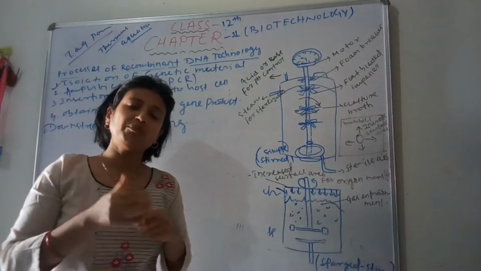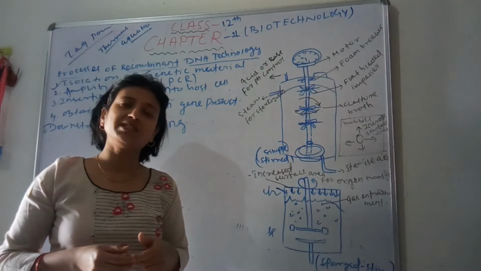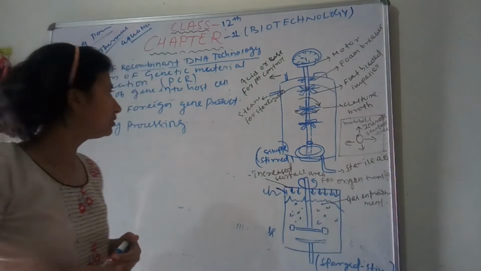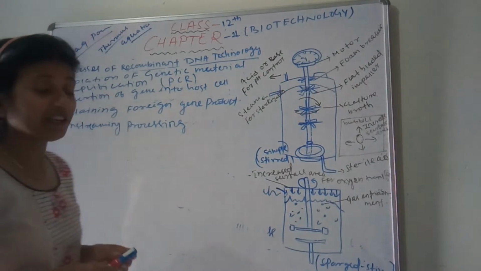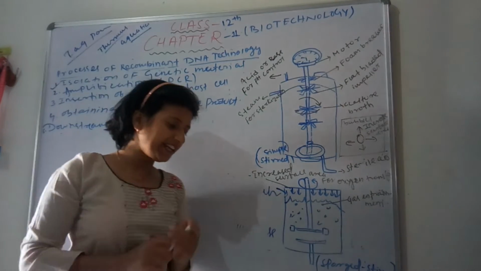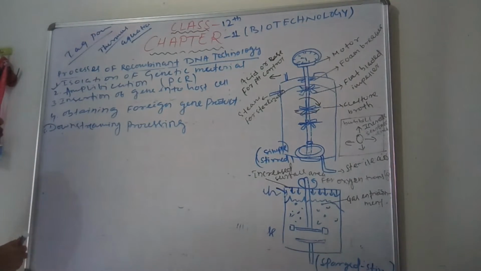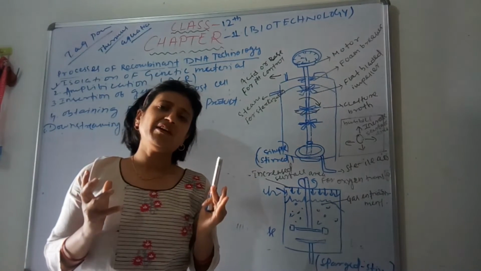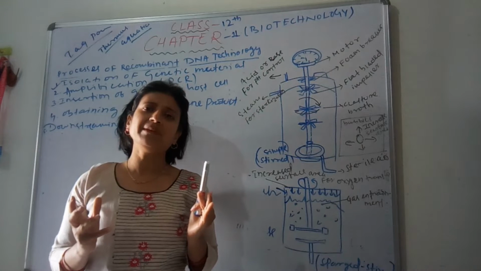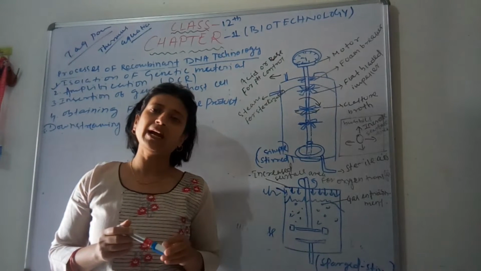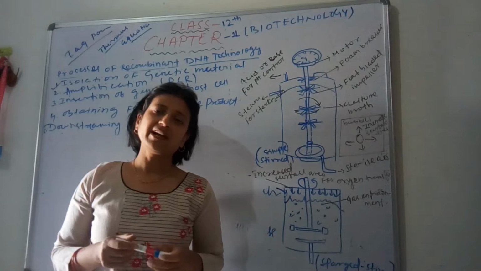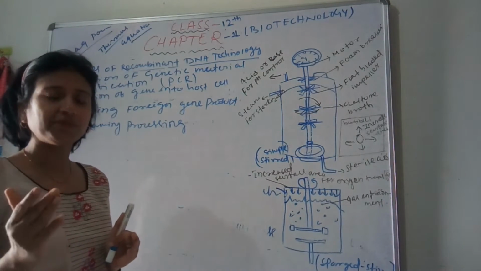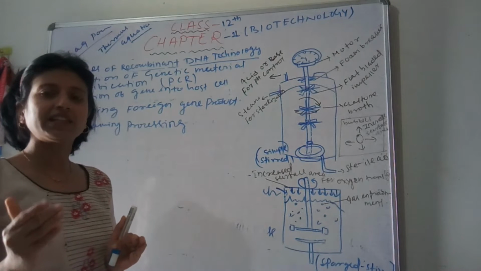As we know, in most living organisms the genetic material is nucleic acid. That may be DNA, may be RNA. In the majority of organisms, the genetic material is DNA. So here we need to isolate the genetic material. When we are getting the DNA from a bacterial cell, a plant cell, animal cell, fungal cell, etc., first we have to digest the cell membrane or cell wall of these organisms.